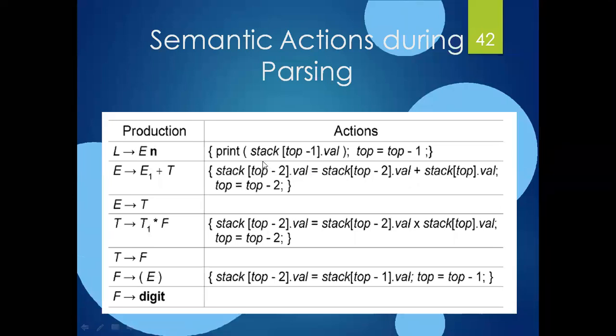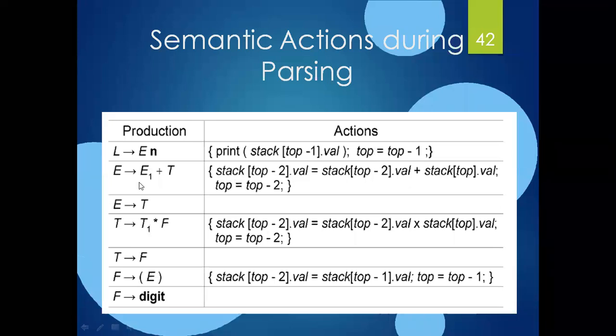So what I'm printing is print stack of top minus 1 dot val. Val is an attribute for that node. In the stack, in the place of that node E, I'm having the position top minus 1. So finally, I need to print the topmost value on the stack. When I'm pushing the two nodes onto the stack, my top of the stack is an L and top minus 1 is an E. Then finally I'm writing top is equal to top minus 1, right?